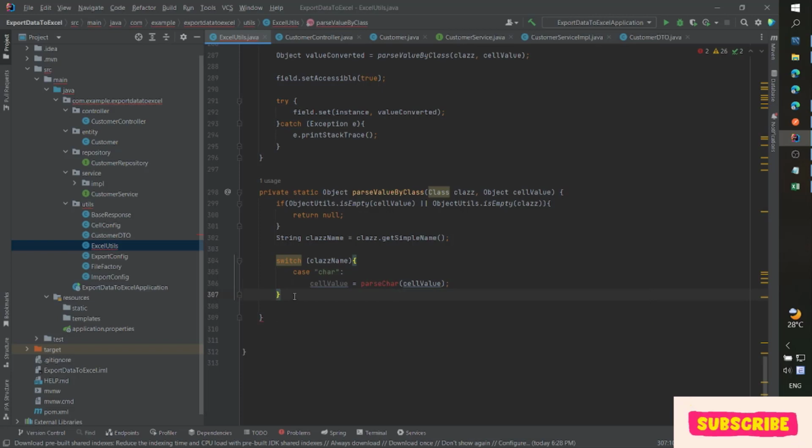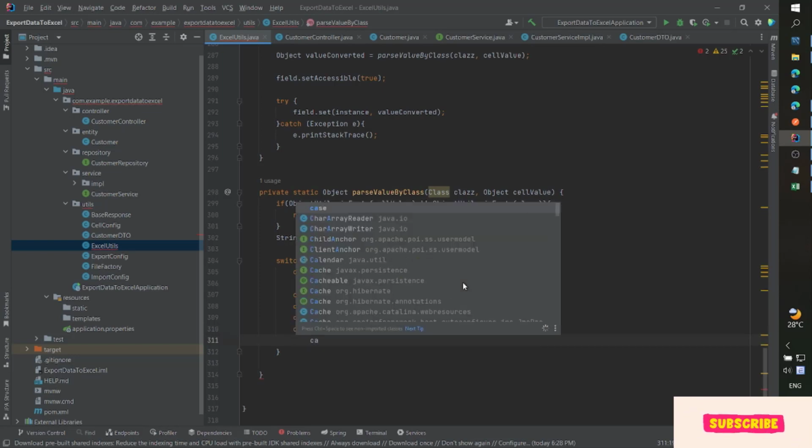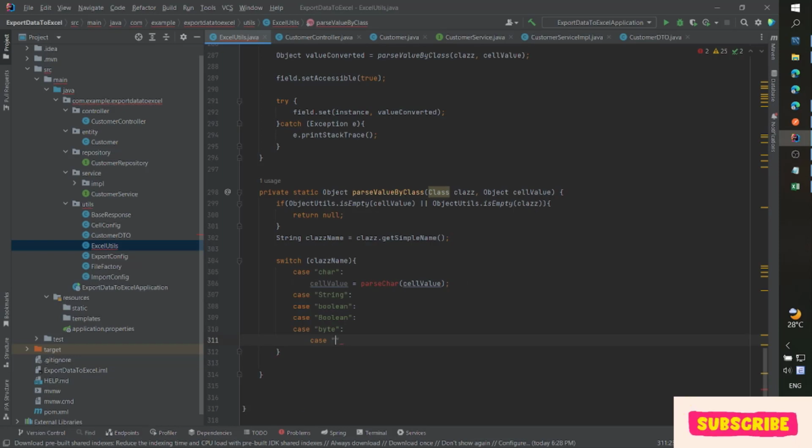And if we have any K, so I mean K string here, K boolean or K boolean object because objects are primitive, and many K byte or byte object here, and K short or K short object, K integer or K integer object, or K long or K long objects,